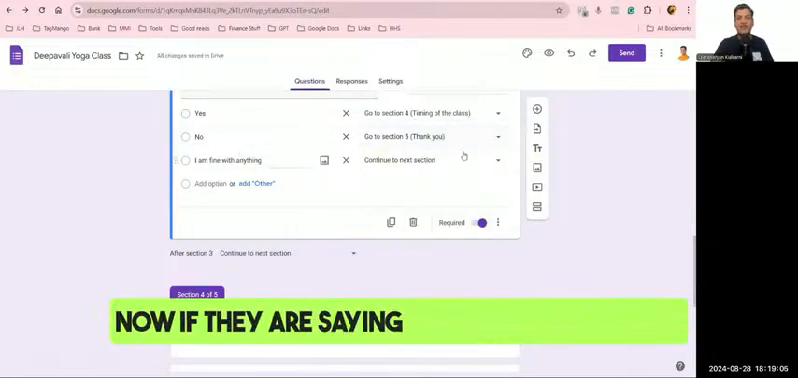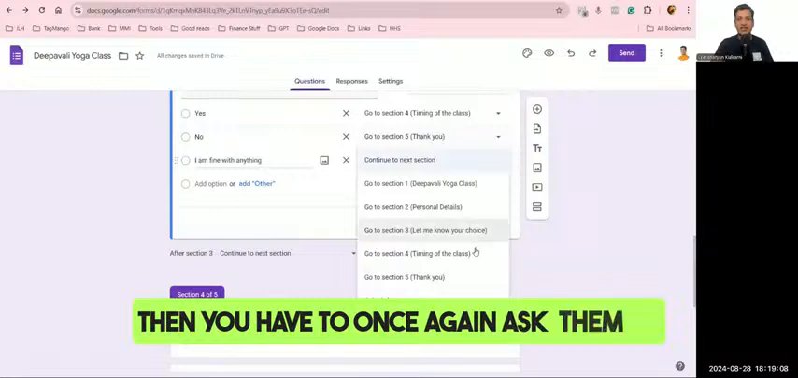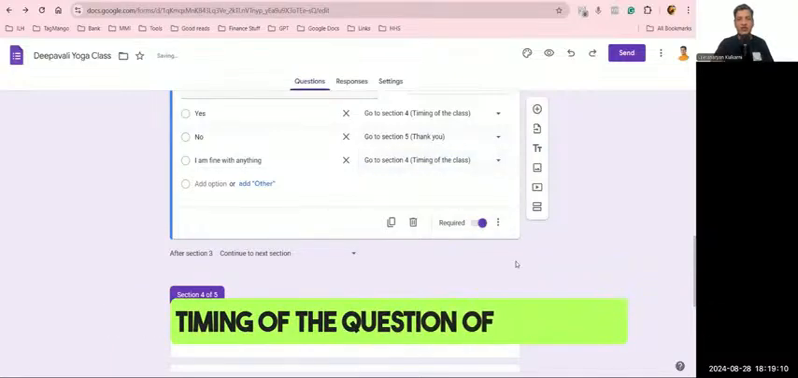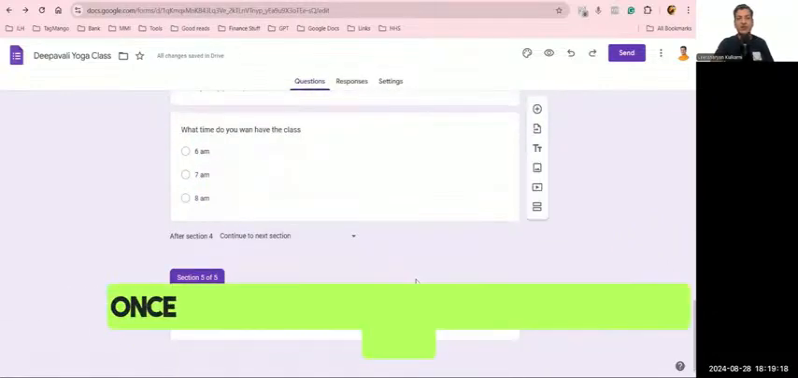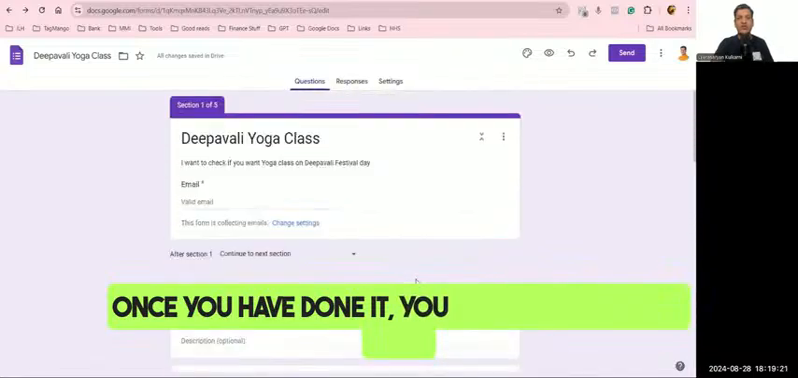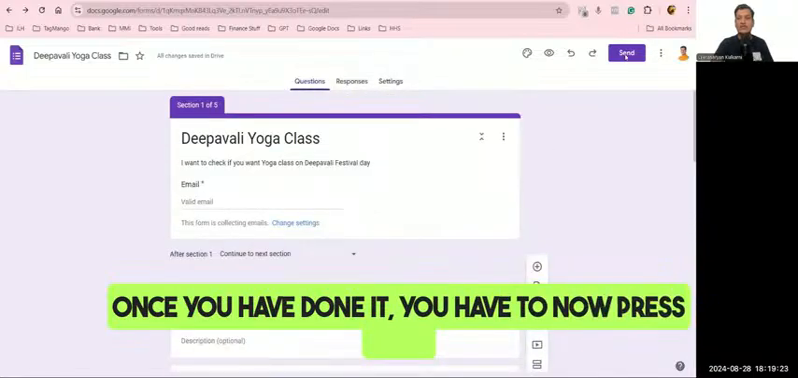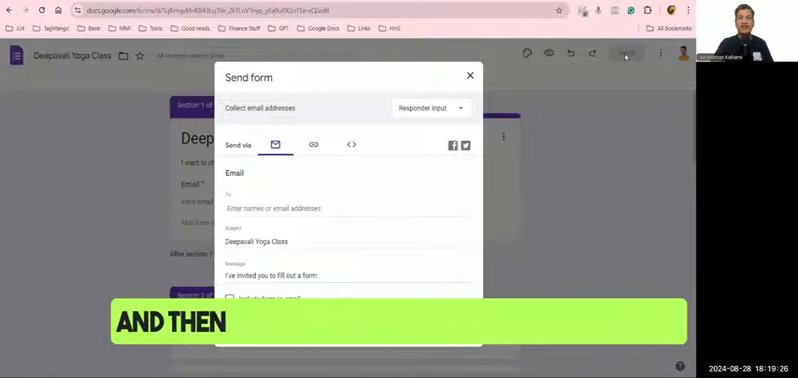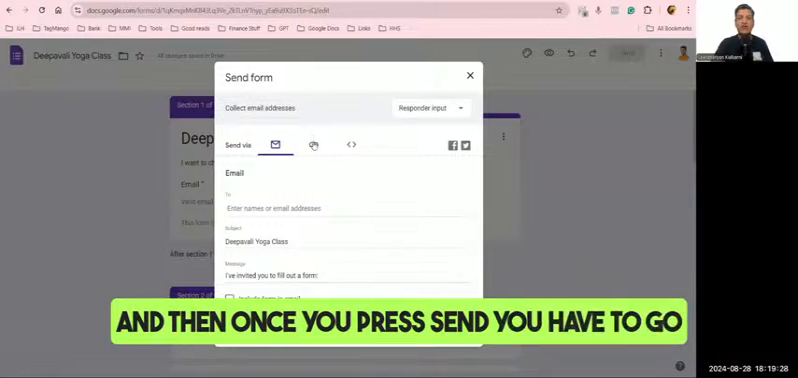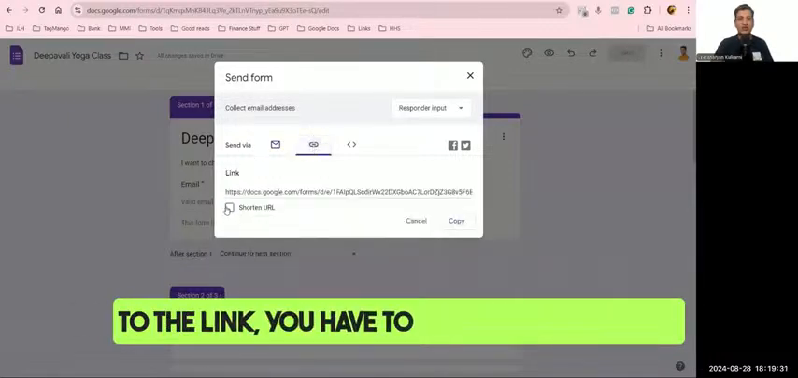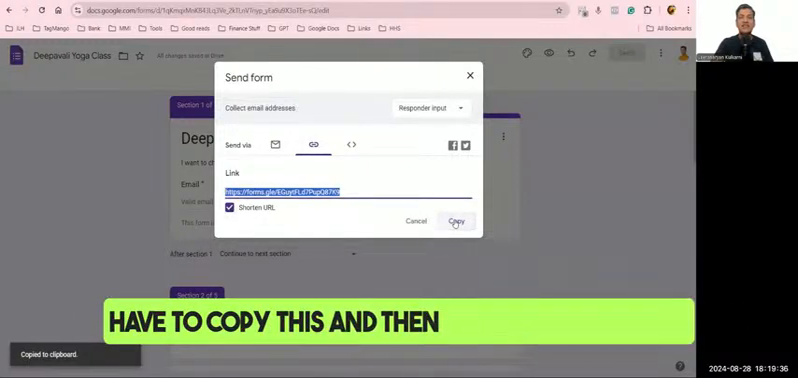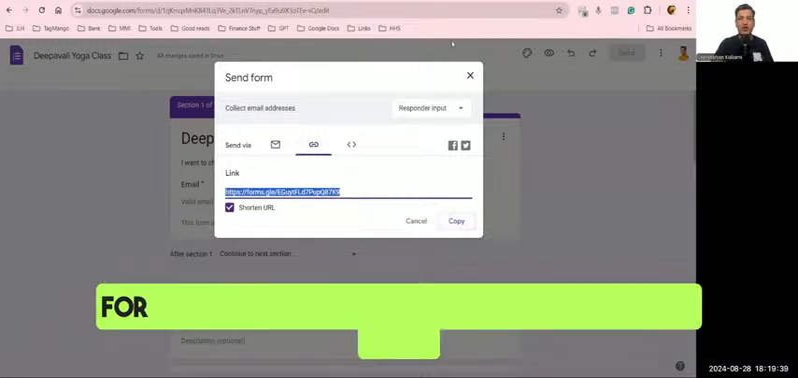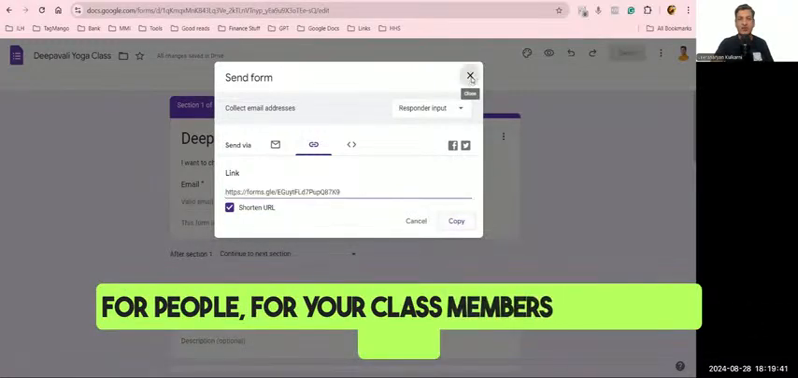Now, if they are saying I'm fine with anything, then you have to once again ask them the timing of the class. So this is conditional routing based on what choice they have made. Once you have done it, you have to now press send. And then once you press send, you have to go to the link. You have to shorten the URL. You have to copy this and then send it by WhatsApp for your class members to fill that